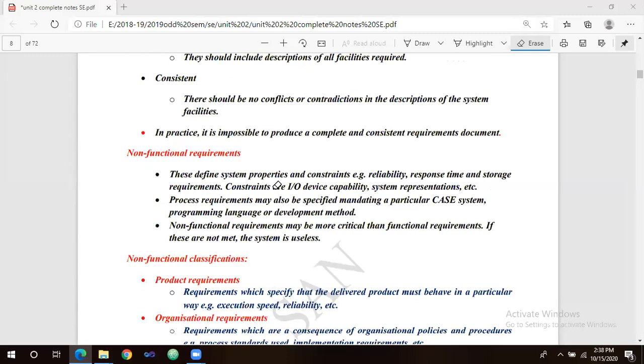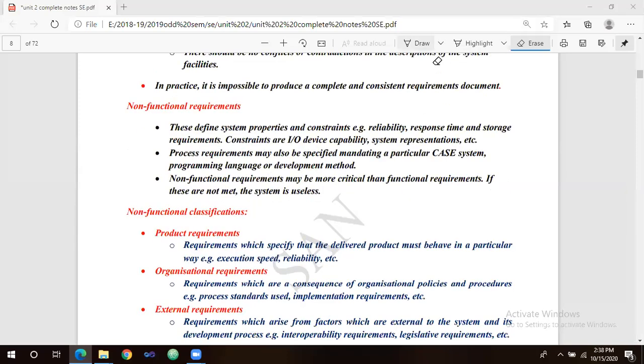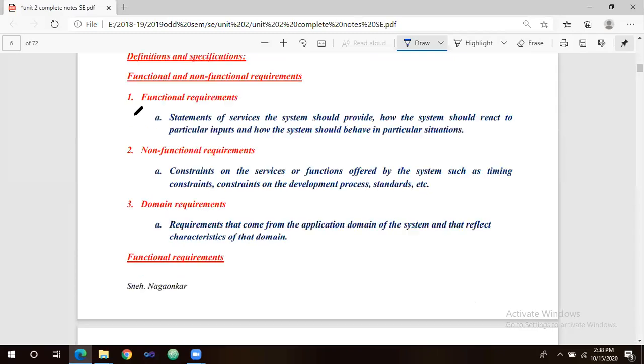So now I have another 5 minutes. So I will see how much we can cover for non-functional. So let me move towards non-functional requirements. So what are non-functional requirements? The definition is already given to you in the above statement.